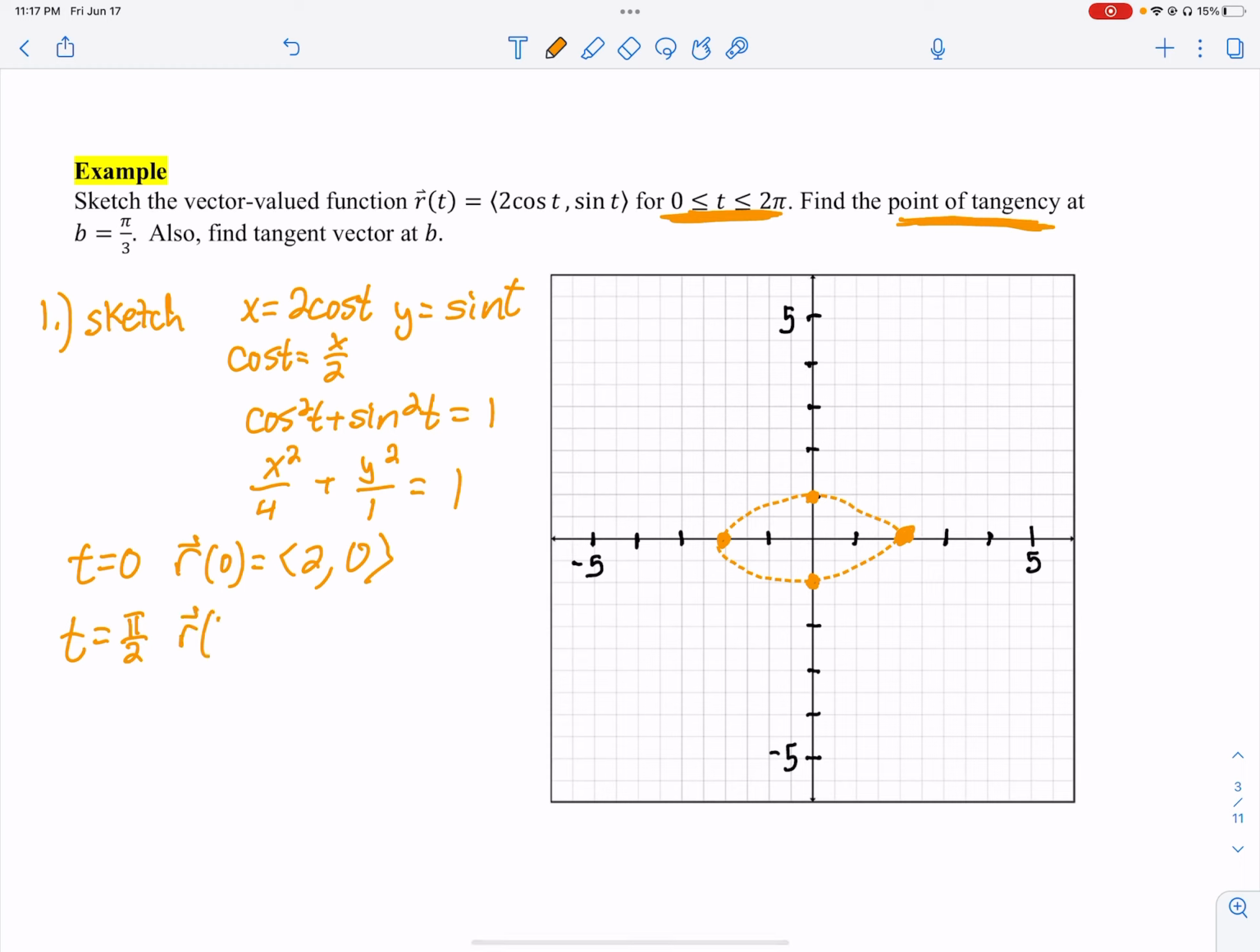So r of pi over 2, cosine of pi over 2 is 0, and then sine of pi over 2 is 1. So it goes up to here. So we know it goes through here. And we know it's going to take how long for cosine and sine to repeat all the way through. It'll take all the way to 2 pi, and that makes it go all the way around. So I know it's this whole curve. So I'll fill it in